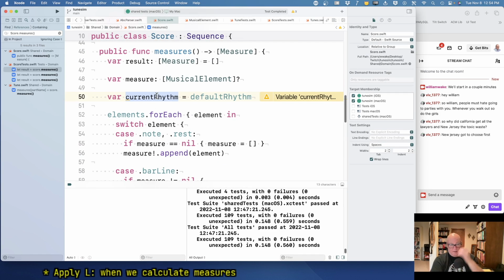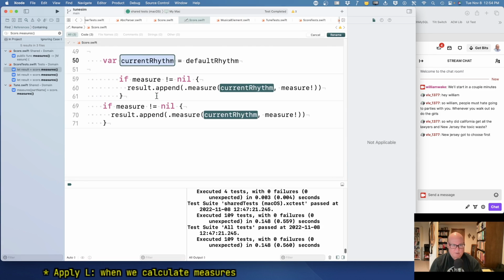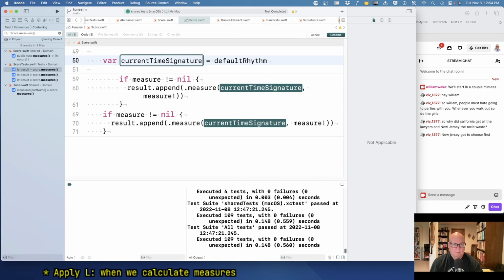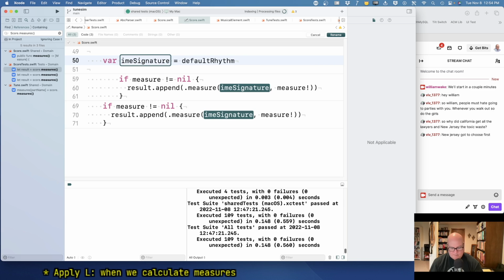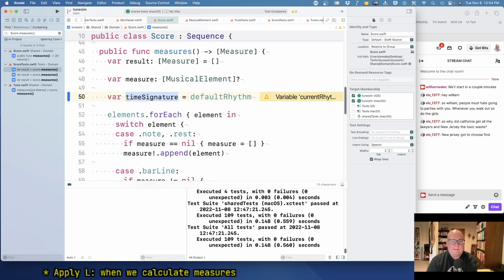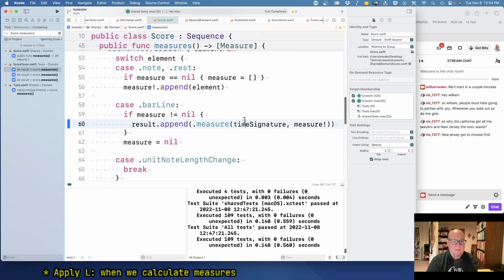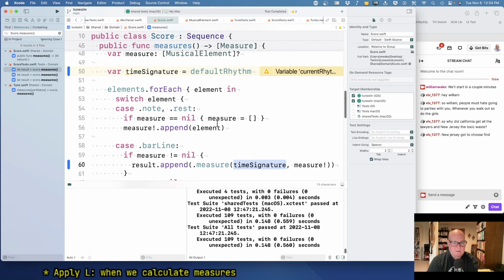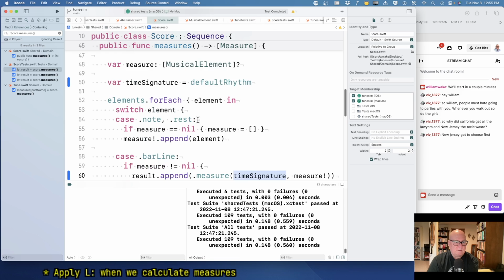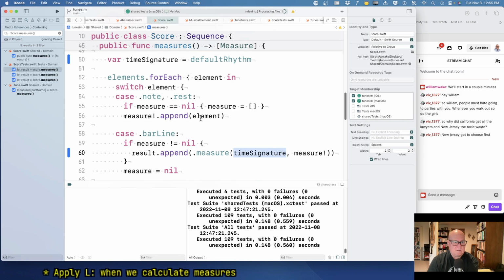Okay. I'm going to make this current time signature, just to get it into more of a musical term. Maybe even just time signature would be enough. Okay, so the measure knows its time signature. That seems legit. Okay, the problem is these notes, they don't know their